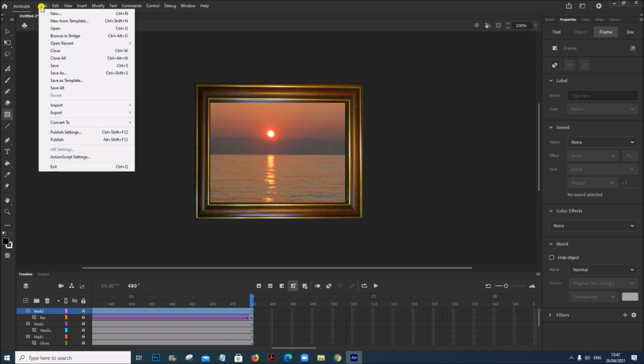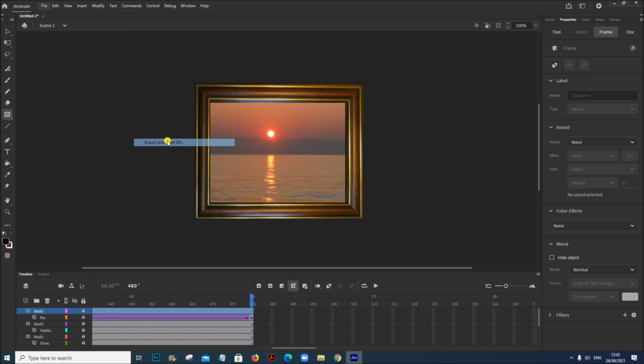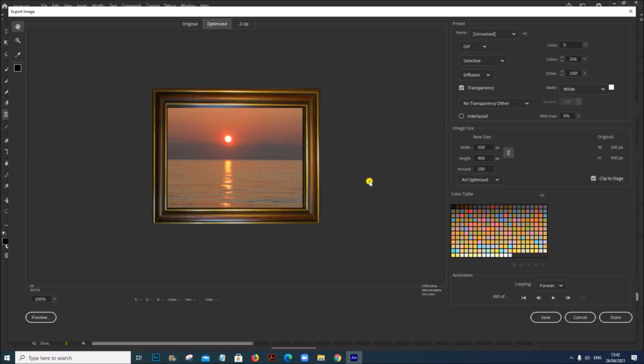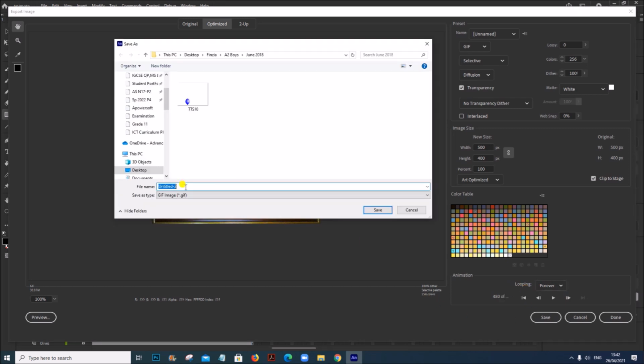So let us export this. It is looping. Save. It must be saved as artwork followed by your center number and candidate number.